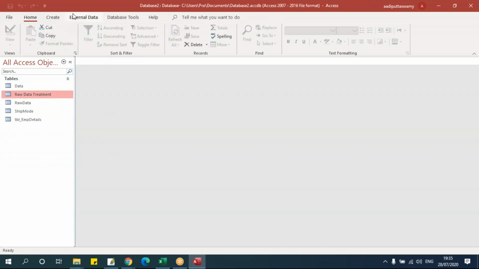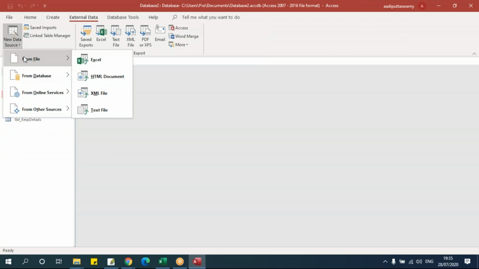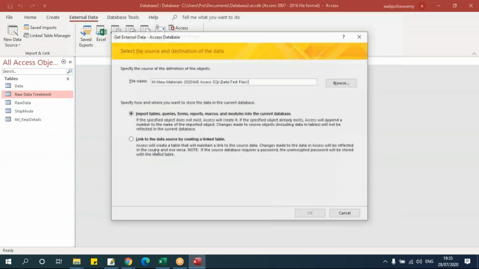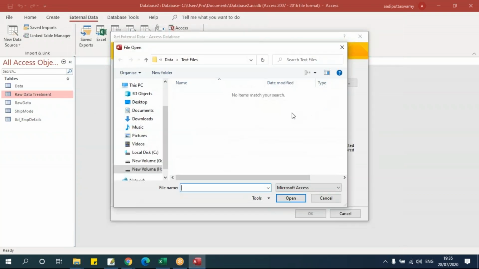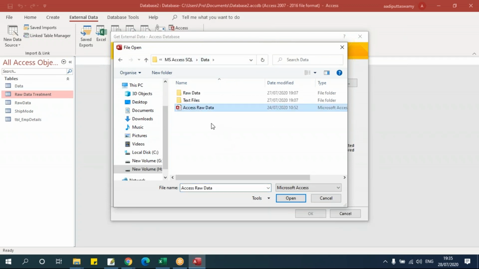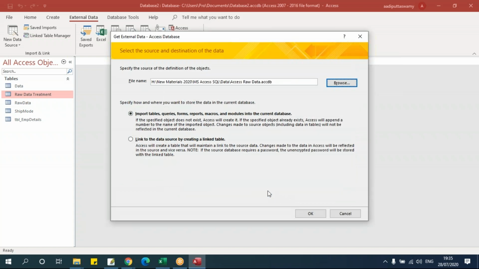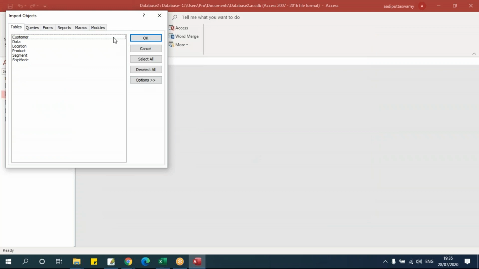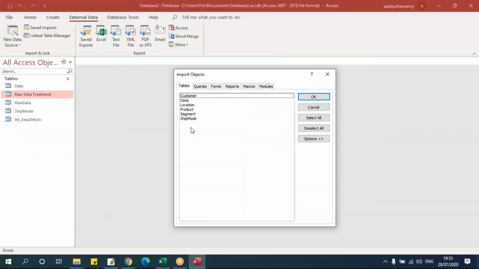Now let's go and try to import data from Access. Let's see if I have any Access table here. We have one Access table. See, I'll select this Access table, say open. This is from Access to Access. Now say OK. What it will do is mention all the tables or queries or whatever I have.